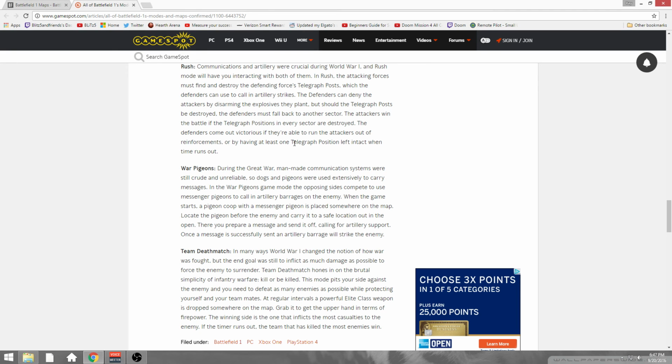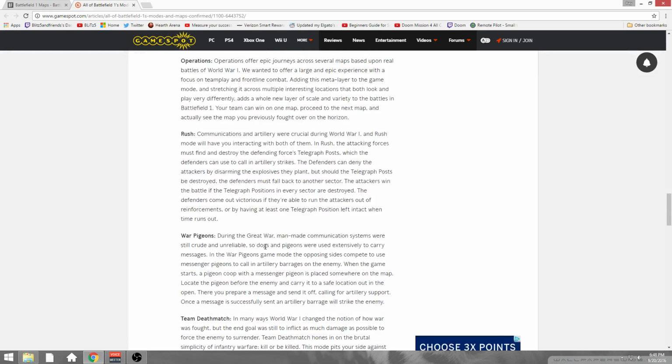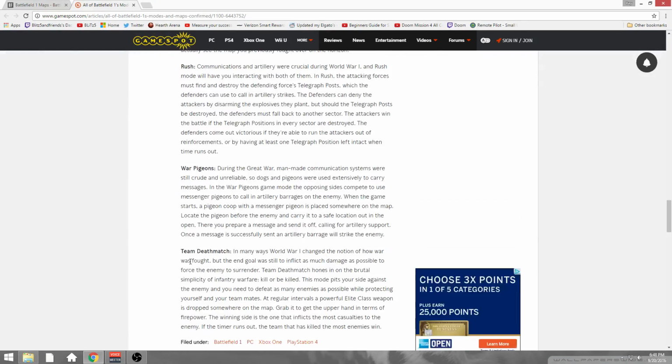The TLDR, in my opinion, is there's a pigeon in the middle of the map. First one to get to that wins, because then you can set off this artillery strike, but you need to do that, I guess, to be successful. You need to do both. So it's kind of like a search and destroy. It's like a neutral bomb, but that bomb's the pigeon. That's probably better to say. Neutral bomb. Neutral pigeon. So those are the 1, 2, 3, 4, 5, 6 game modes on the 9 initial